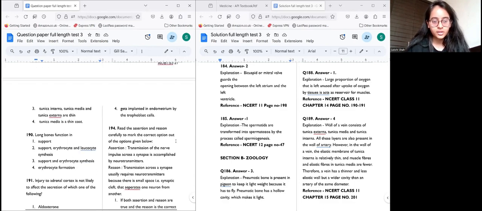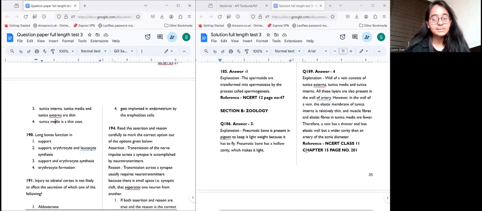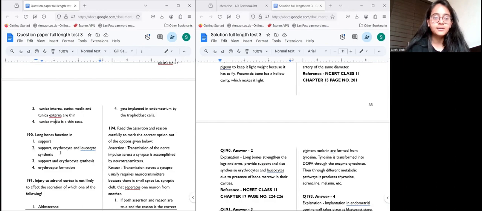Long bones function in what? Okay. So the functions of long bones, any guesses? The function of long bones are support. Yes, definitely it's an option. Support as well as erythrocyte and